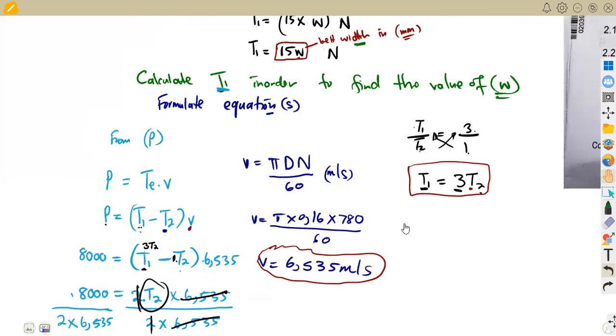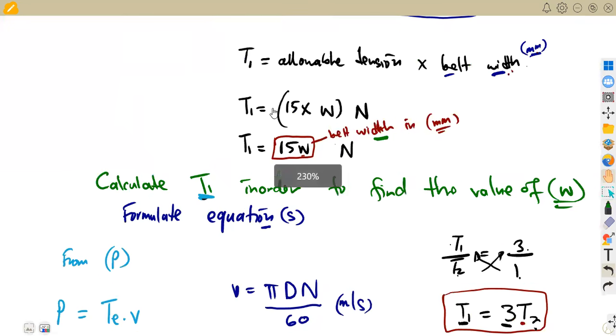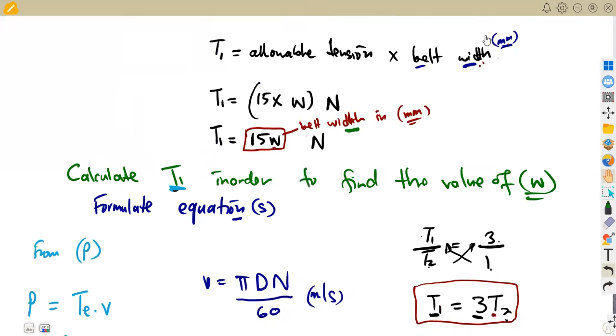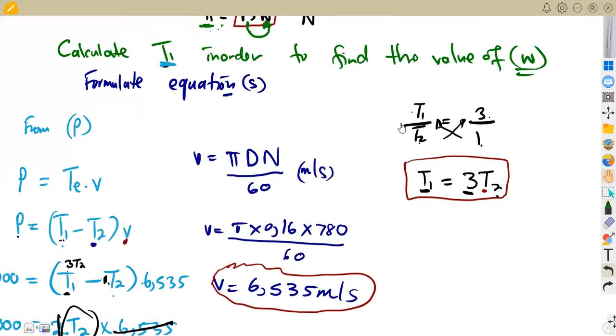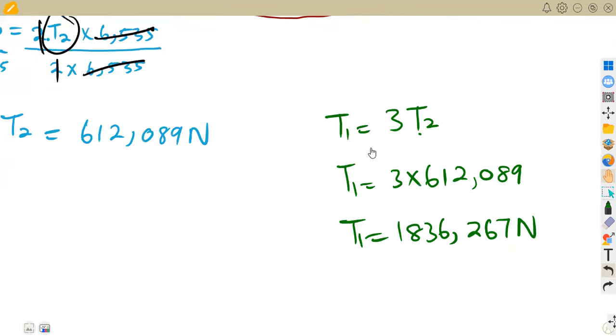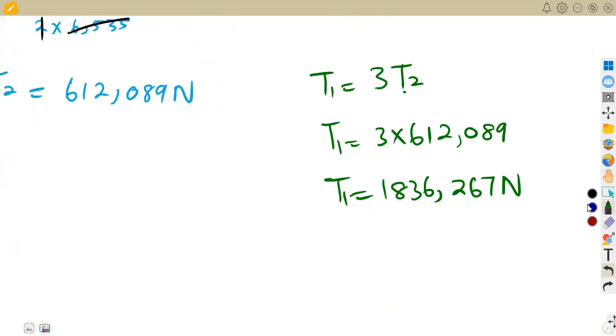Remember, the purpose is for us to obtain the width, because we are saying T1 is the allowable tension times the belt width. And we formulated an equation that I was explaining, that T1 is equal to 15 times W, which is the belt width. T1 is equal to 15 times the belt width. So if T1 is equal to 15 times the belt width, we are going to substitute this in place of T1: 15W is equal to